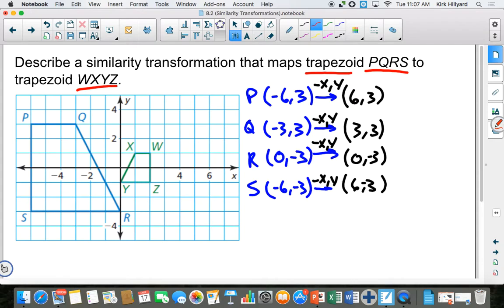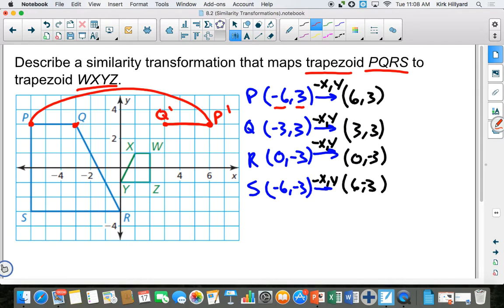The first thing we did is we reflected it across the x-axis. So we're taking this ordered pair of P, which is negative 6 and 3, and we reflected it across the x-axis over here to positive 6, 3. So the only thing that changed is the x coordinates all were multiplied by a negative. So they're opposite. So negative 6, 3 becomes positive 6, 3. And right here we have negative 3 and positive 3, and it becomes positive 3, positive 3. So that becomes the new, if you will, P prime,